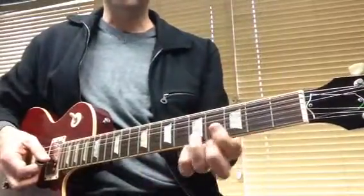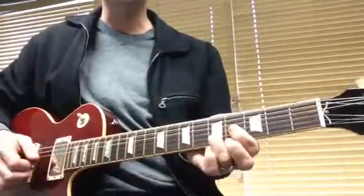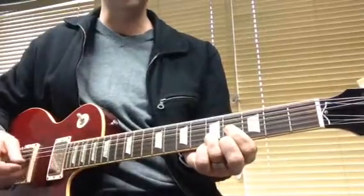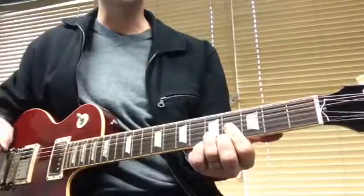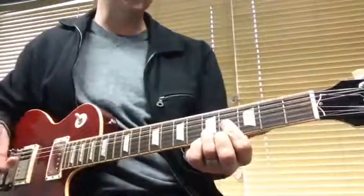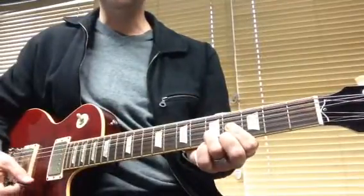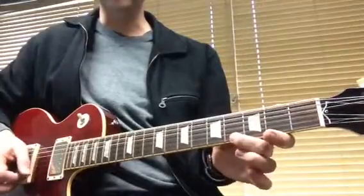An E chord, I'm going to play it like a D chord but moved up 2 frets, except I'm just going to play the top 2 strings. I'm going to concentrate on the B and E strings for a little part I want to show you here, but it's using these 3-note voicings on the top 3 strings, even if we're only playing the 2 notes. So here's the E chord, the B note, the E note, the G sharp note,